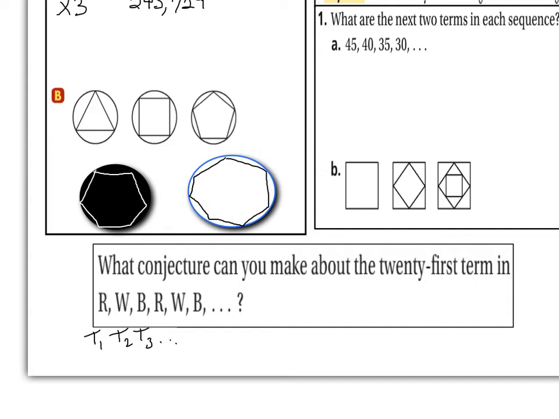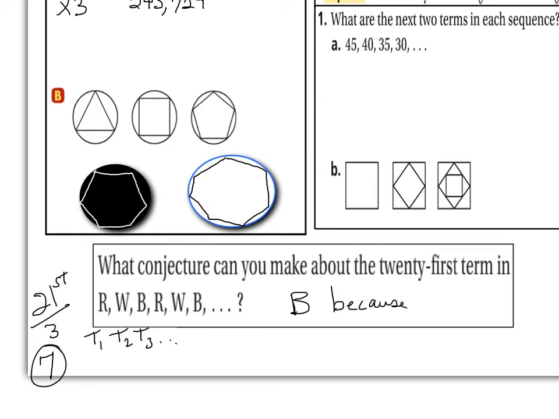So the 21st term, you'll notice you have 21 terms. If I divide them by 3, that means the pattern is going to happen 7 times. As you look here, we go to 3, and the letter B is at 3. The 21st term, 7 times, is going to end up being a letter B